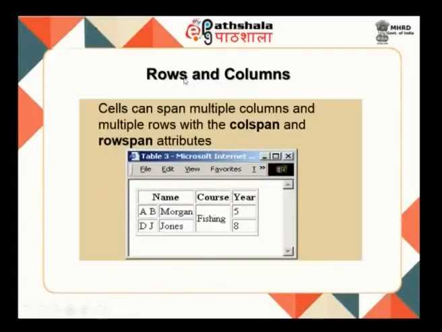Now, let us see about rows and columns in a table. Cells can actually span over multiple rows or multiple columns. So, you need to make use of attributes like column span and row span. Here you can see that there is a sample table given here. There is a header cell called name. This actually spans over 2 columns. So, you need to give the column span as 2, and there is another header cell called course,